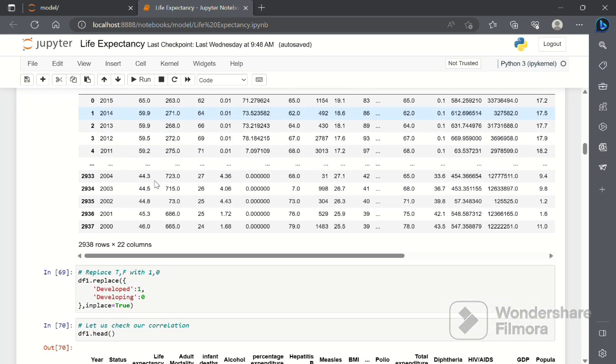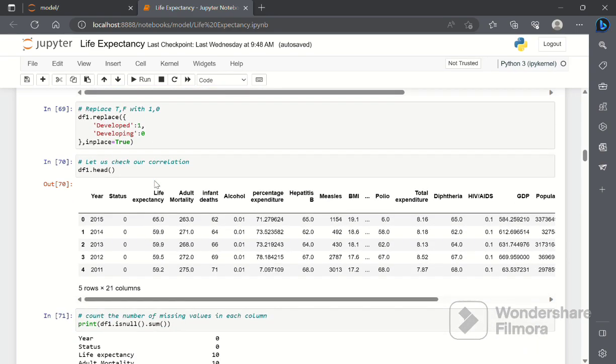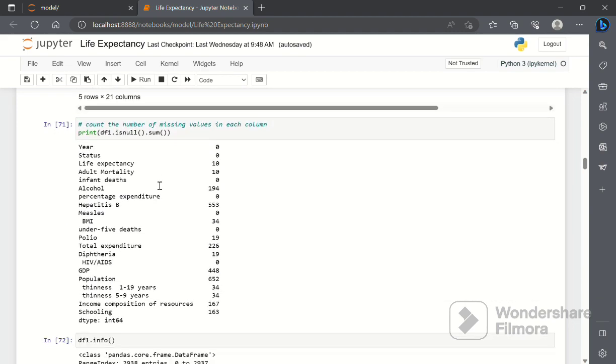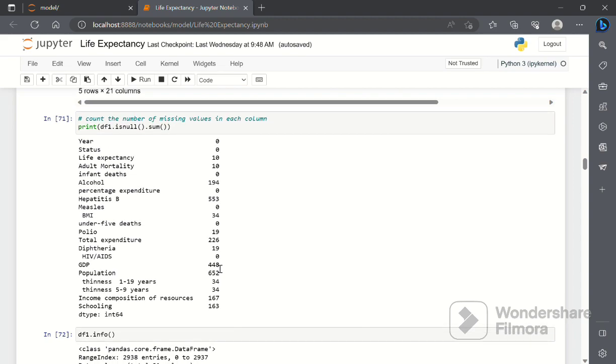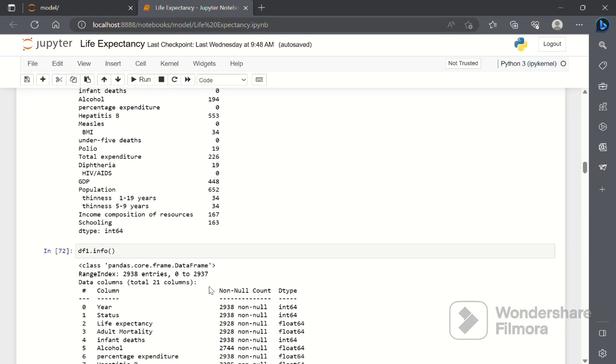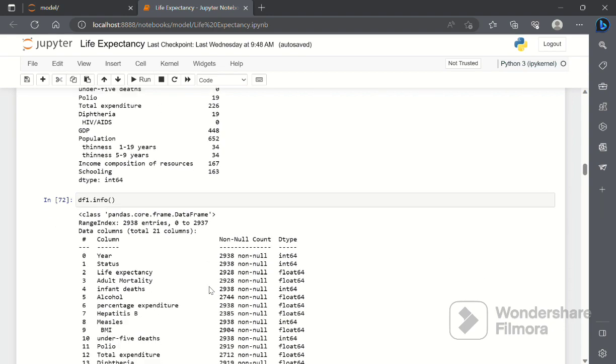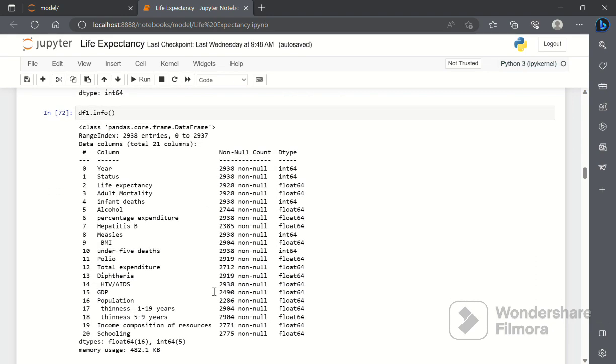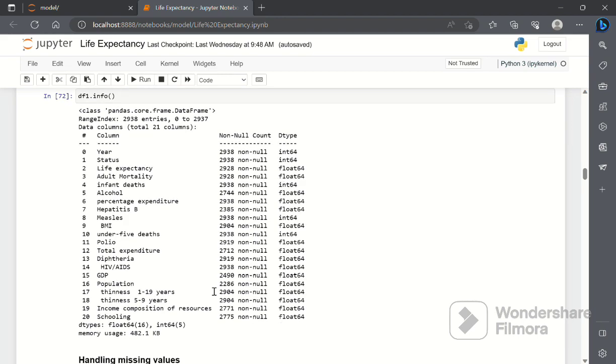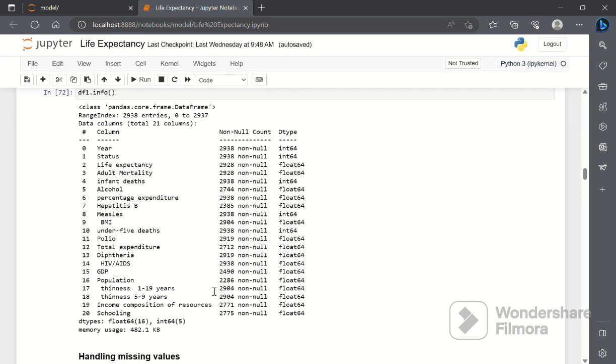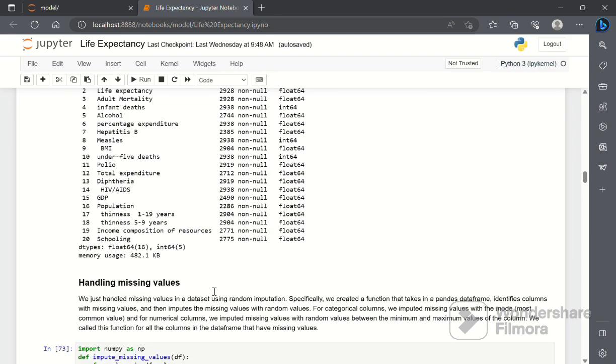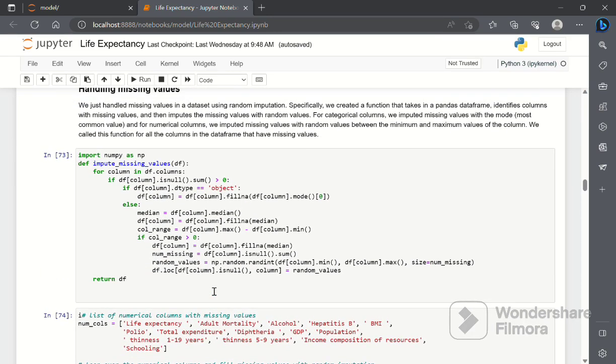Next you can see here regarding the missing values. As you can see, a lot of missing values are present in our dataset. So moving on, I performed an exploratory data analysis to gain a better understanding of the data. I visualize the relationship between different features using scatter plots, bar charts, and correlation matrices. After all the analysis,